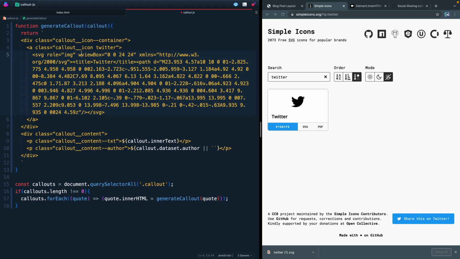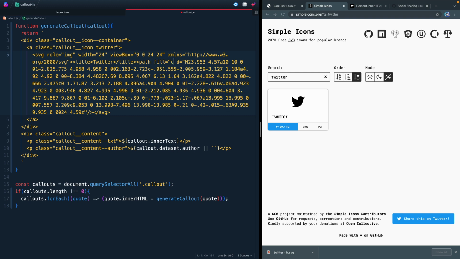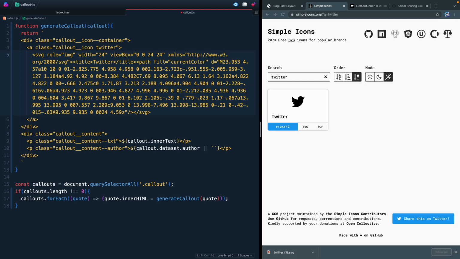Now I need to do a few things. Number one, I need a width on here. We're going to do just a width of 24 pixels. And then the other thing is this path itself. I want to set the fill to equal currentColor. And I'll show you why we're going to do that in a second. By default, it's just going to be black, but we want to actually style it according to the rest of our page. So now what I'm going to do is copy the SVG for Facebook and then copy the SVG